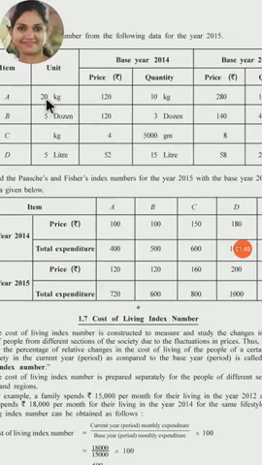It means first of all we have to convert this 20 kg into 1 kg. Why? The reason is that the unit is 20 kg, so the price is given according to that. It means the price 120 is a price for 20 kg. Right girls? See here, the unit 5 dozen. So we will convert this 5 dozen into 1 dozen. Right? Then 1 kg. There is no need to change the unit because 1 kg is given. It means the 1 kg price 4 rupees is given.